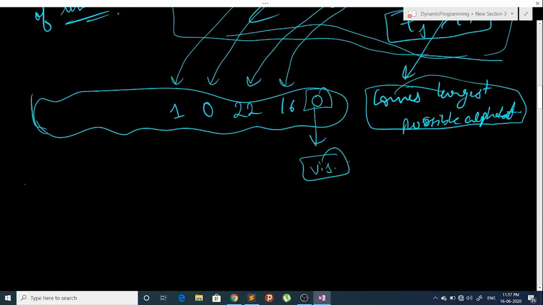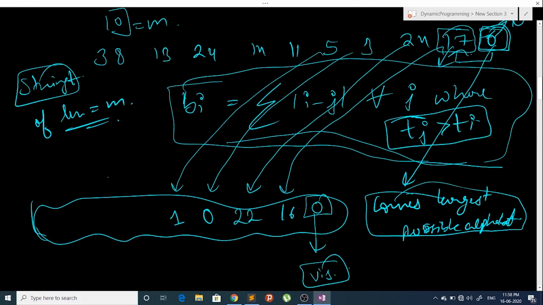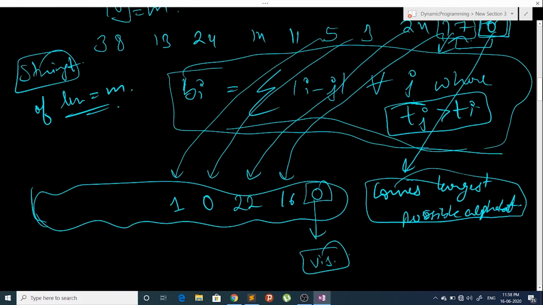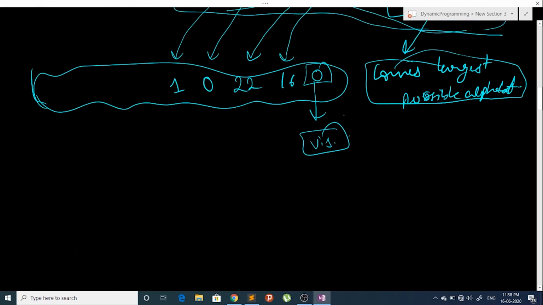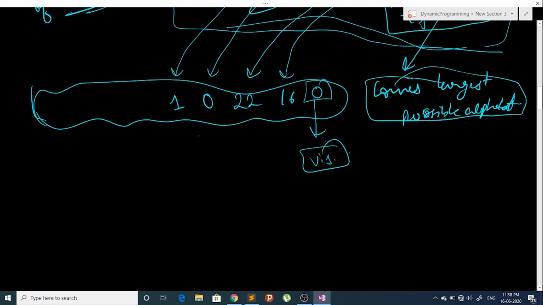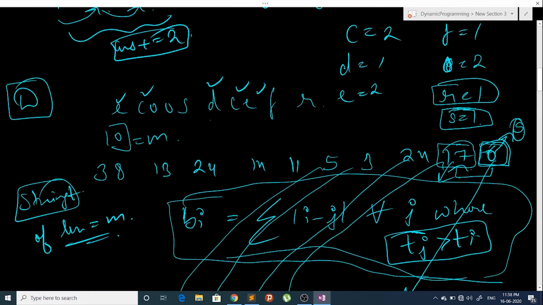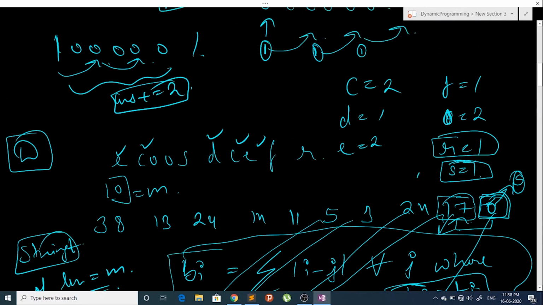Now I will just count the number of zeros in my new array B and fill it with some alphabet whose count is greater than or equal to the number of zeros here. So let's say in our array B we have 2 zeros. Now what I will do is I will just see from the largest to the lowest alphabet if the count of the letter is greater than or equal to the number of zeros we have found.